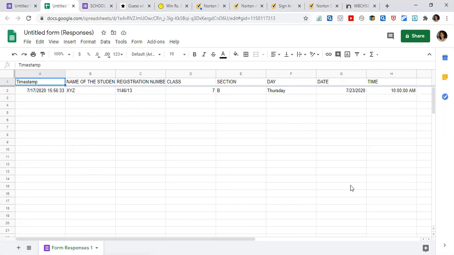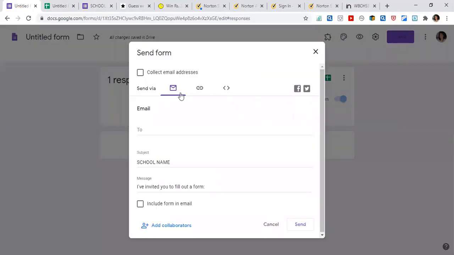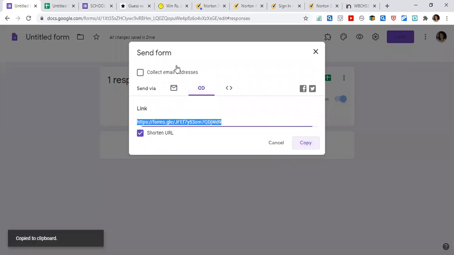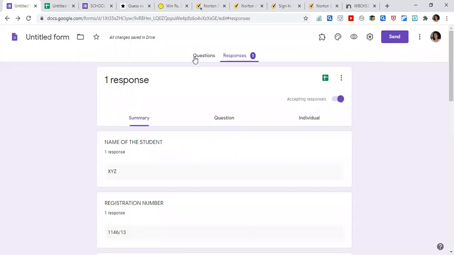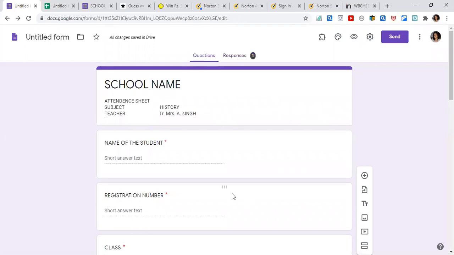So this will keep a check. Again, if you have a class in the same week, or maybe on 25th of July, you can share the same link in their WhatsApp group, and when they get this link again, the child can answer the same sheet. You can keep sending the sheet whenever you have a class with them, and they will fill up this required form and submit. In this way, teachers, you can keep a record of the attendance of the students attending your Zoom classes. Thank you.